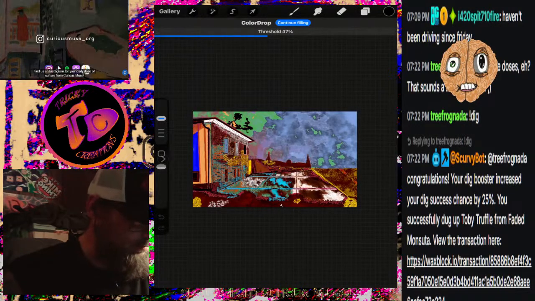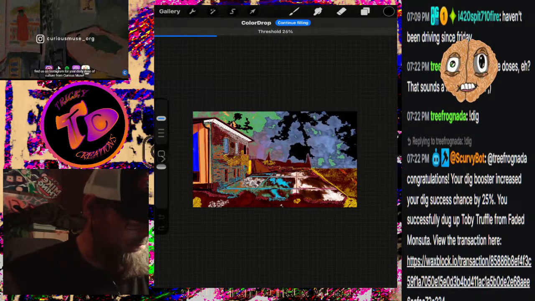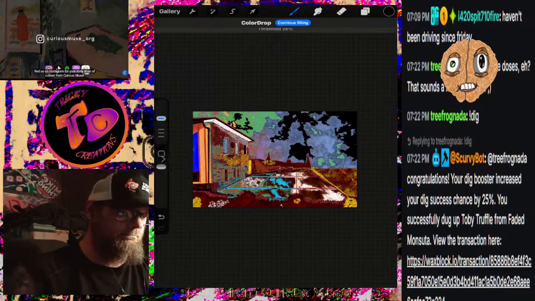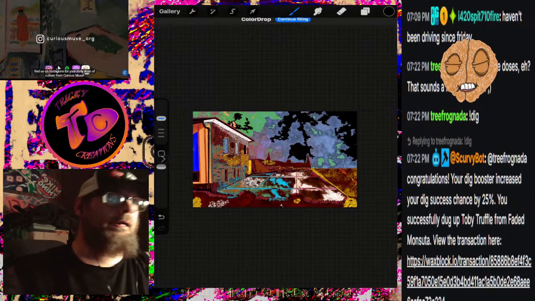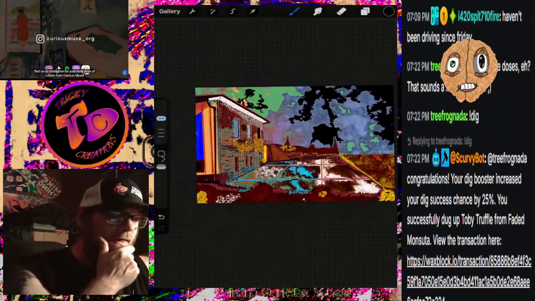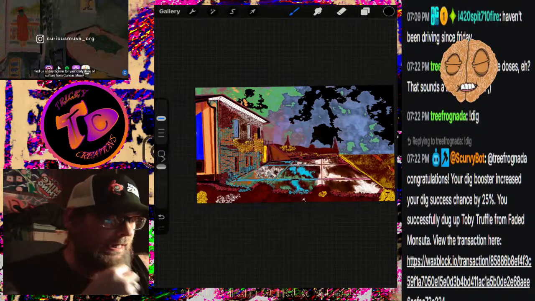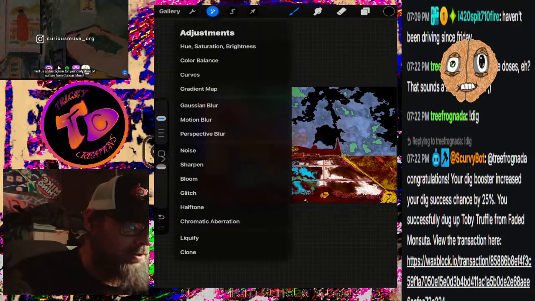Black in here. Alright then. I guess if I kind of gave it maybe some motion blur, so it would maybe look like it blends a little better.